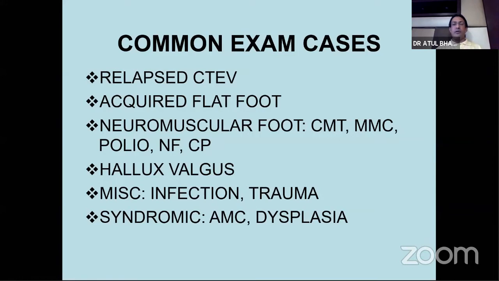Ankle valgus, only if there's one available, and the examiner really wants to harass the candidate. But infections, trauma, post-traumatic deformities are extremely common. Very rarely you'll get a dysplasia or myelomeningocele or an AMC, arthrogryposis, in an exam. So what I'll do is I'll just follow a common pattern of examination of a foot, so that any child which presents with a foot deformity,